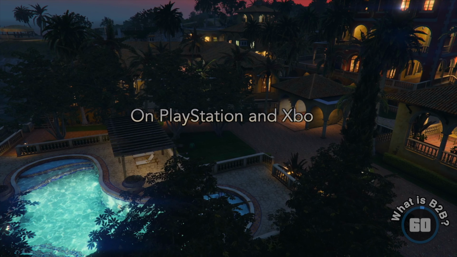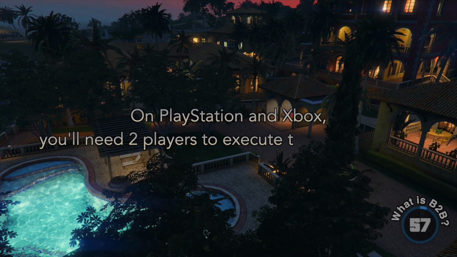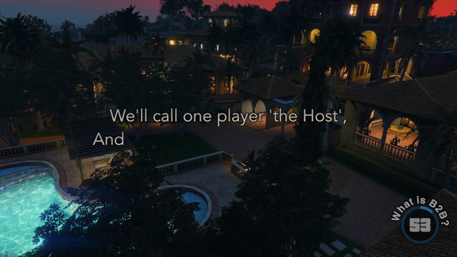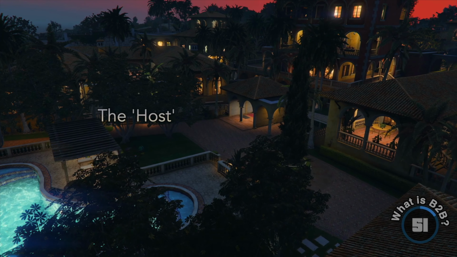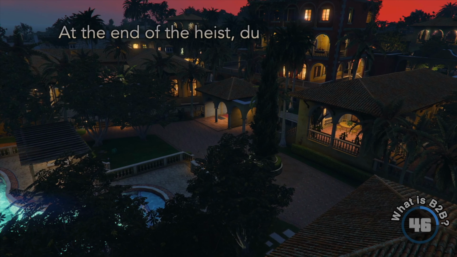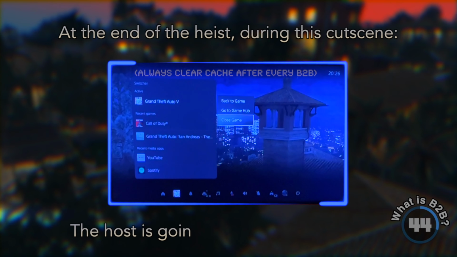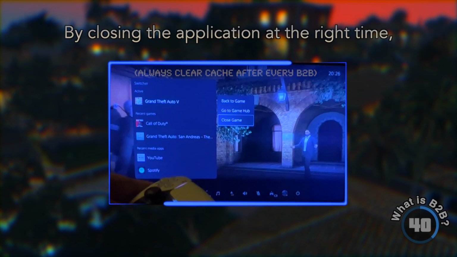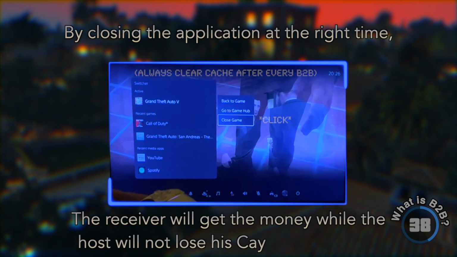On PlayStation and Xbox, you will need 2 players to execute the back-to-back strategy. We'll call one player the host and the other player the receiver. The host will invite the receiver to his Cayo Perico heist. At the end of the heist, during this cutscene, the host is going to close his application. By closing the application at the right time, the receiver will get the money while the host will not lose